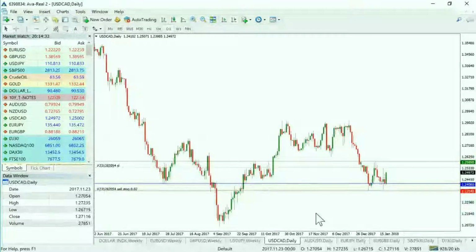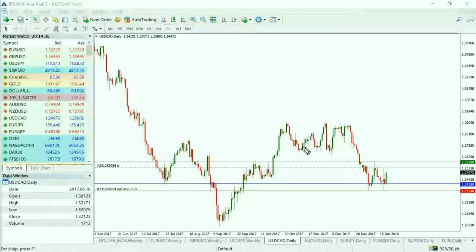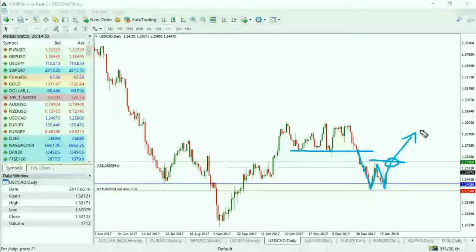Okay, so the dollar CAD. As you can see with this particular market now, we're getting the flush down, but what we're getting now is a double bounce. So we're going to be watching last week's high very, very closely, because it could constitute a structural failure, and it could give us an opportunity to actually take this market higher.